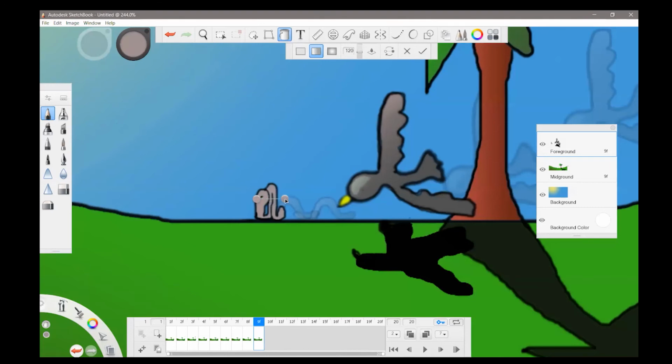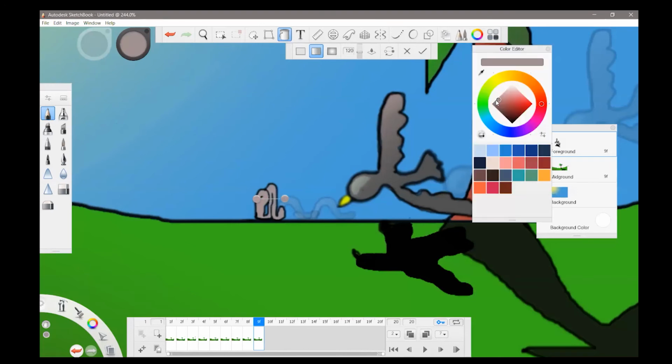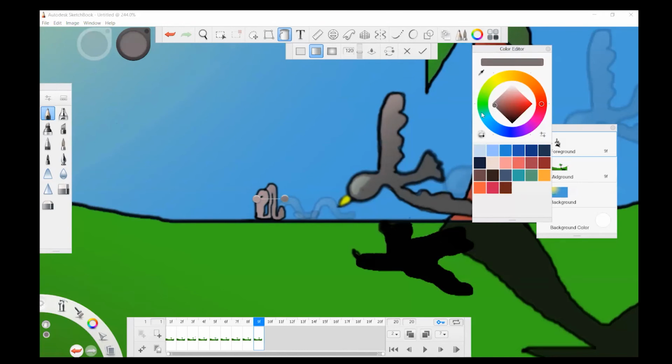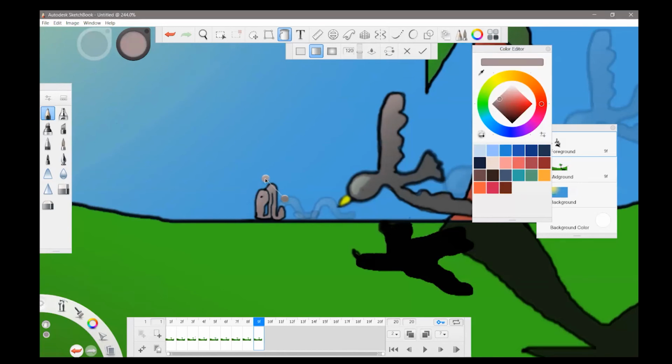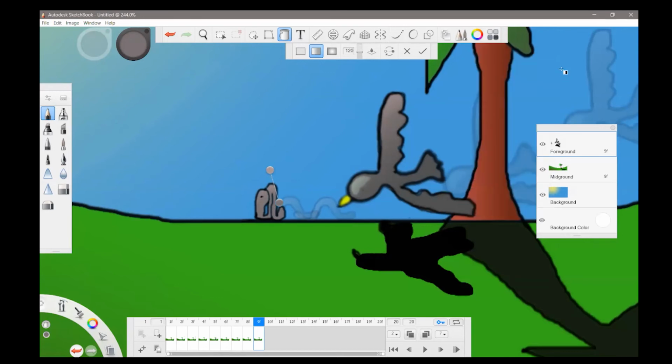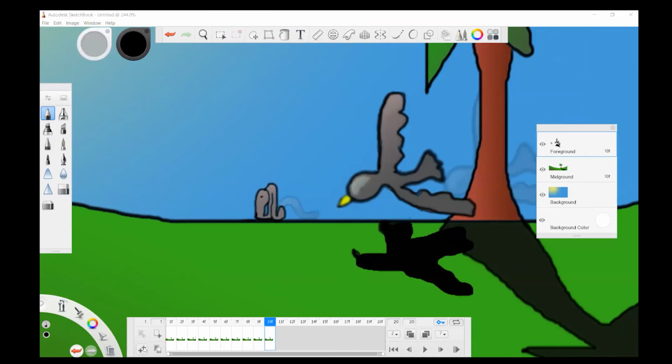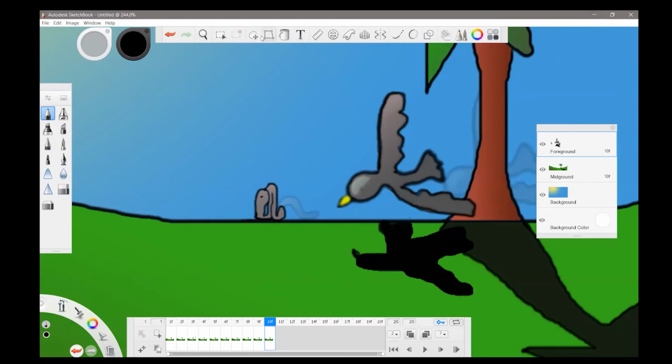Yeah, that's fine. Do a darker version on this side. Looks okay. Right. You can guess what's going to happen on the next frame. Okay, so we've duplicated frame 9, frame 10 now. Okay, so on this one, we need to